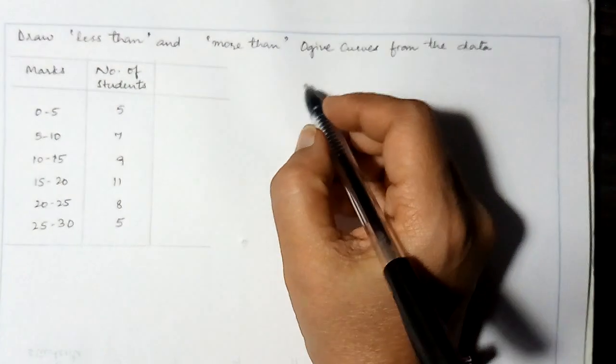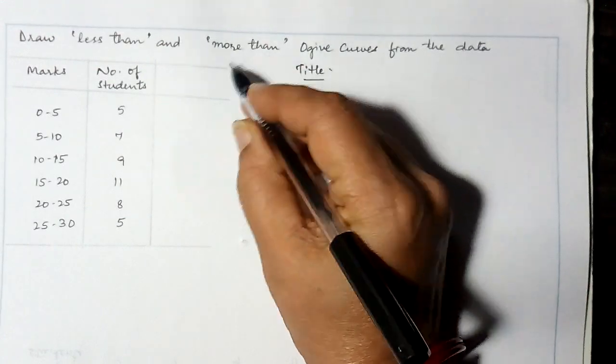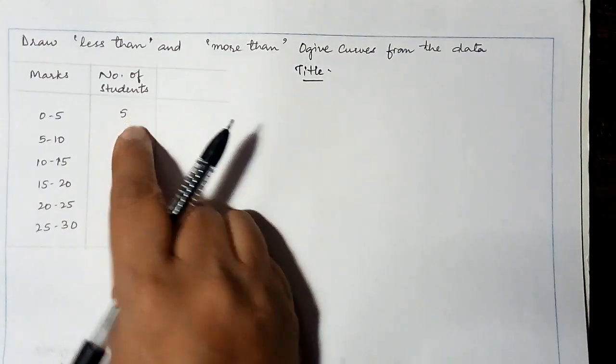The title would be, from this question, since it shows marks and number of students, we'll be first doing the less than. So less than ogive